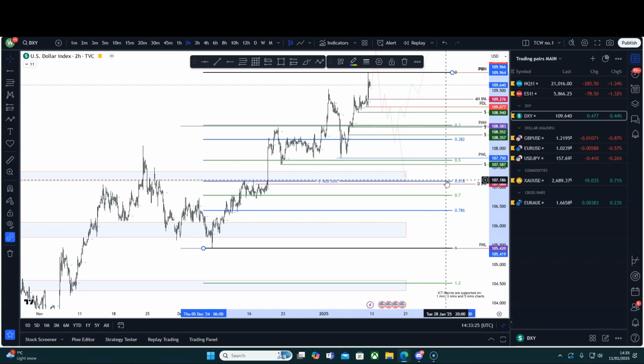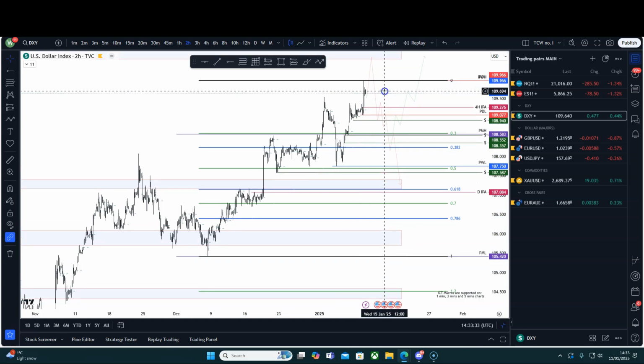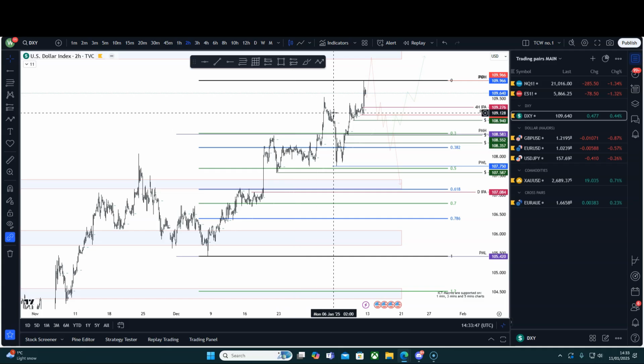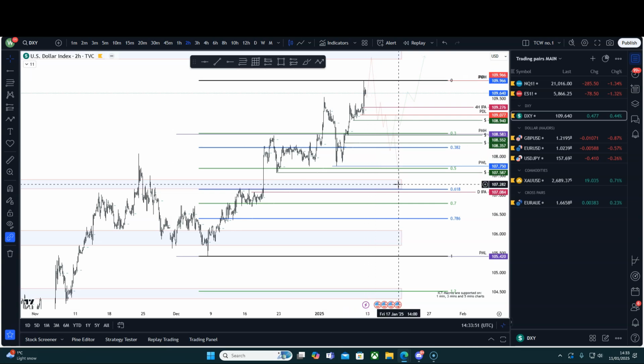We've got the 618 here, look. We've got massive pool of liquidity sat under here, and everyone is getting bullish. I do not buy tops, or should I say, I do not buy into big expansions. I know they say the trend is your friend, but it is until the end. And I believe that, from my experience, we are starting to see a top in the DXY, at least a short-term top, which we're looking to trade this week.